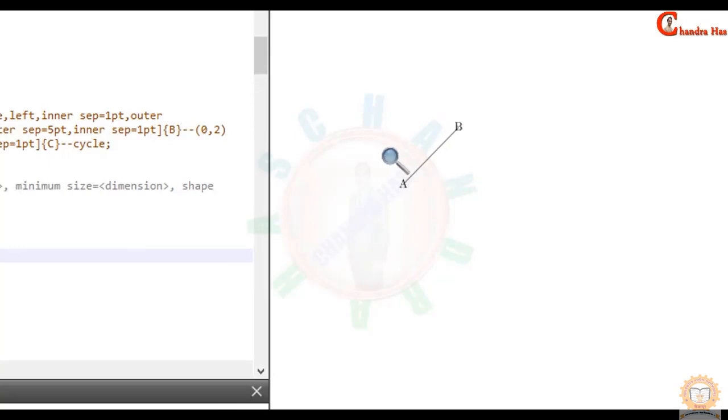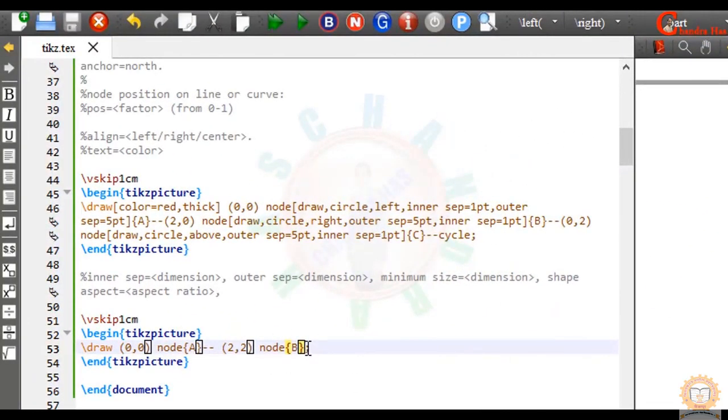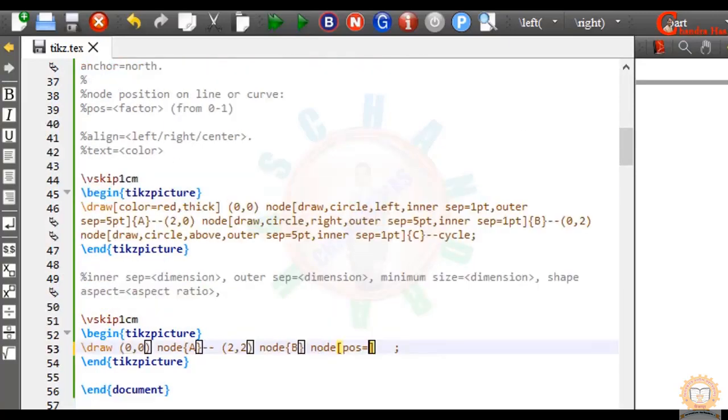For example, I want to print a C at the middle of this line, so I'll write in the last node, and in square bracket just write position. For position we'll have to write pos equals factor. For the factor we can take any value between 0 to 1. For the midpoint we'll have to take 0.5. Just write here 0.5 and write C. Compile this file.